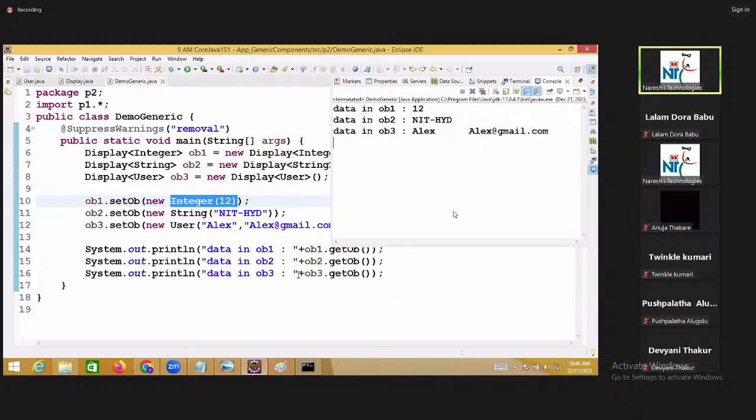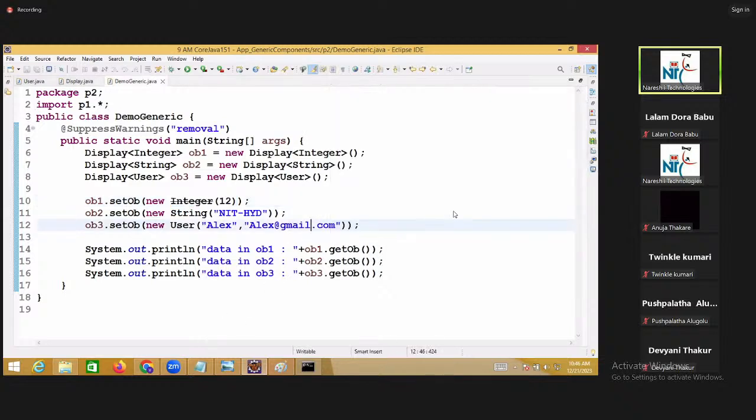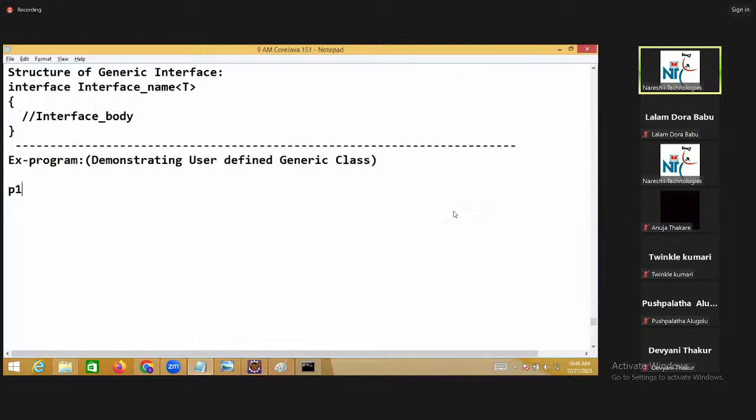So this program I am going to explain with a diagram to you, then you'll get clarity, otherwise not possible. Under P1, I used User.java. Under P1, I used Display.java. Under P2, I used DemoGeneric.java, the main class, this one, and this is the output.